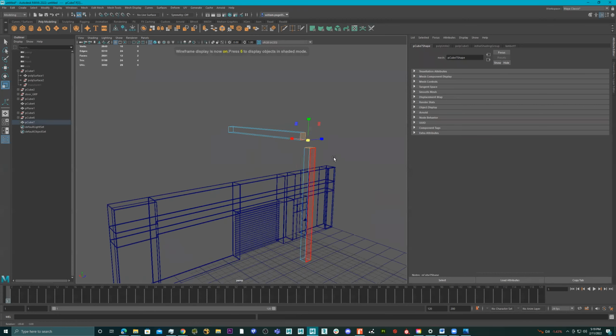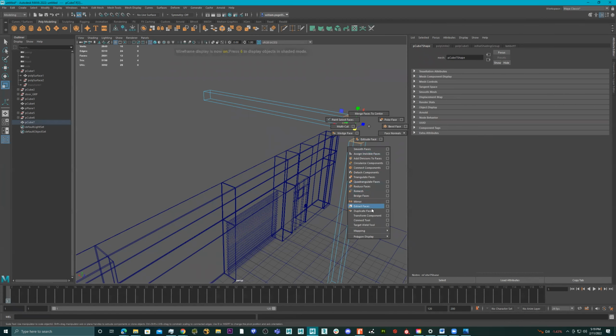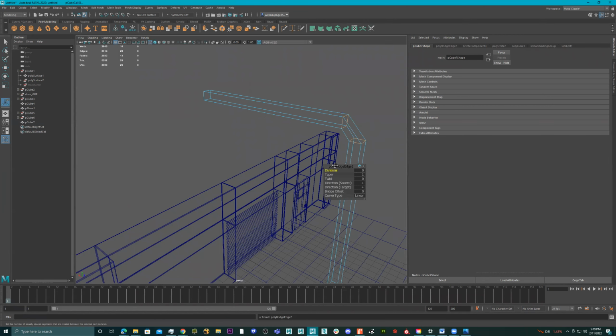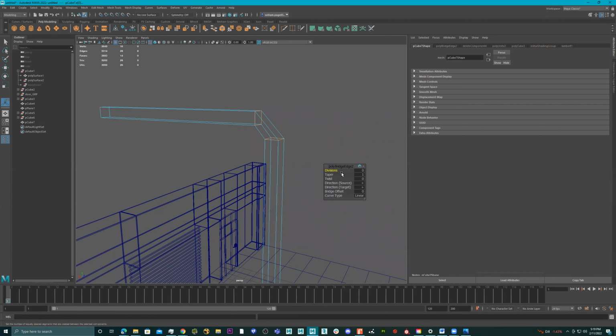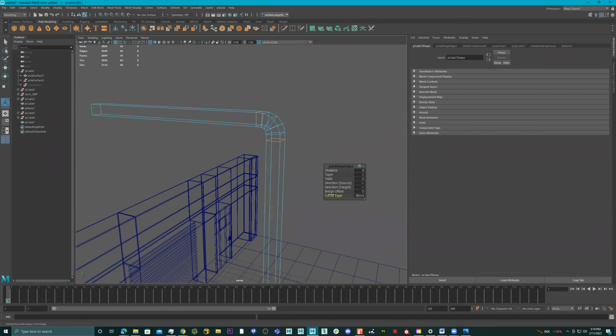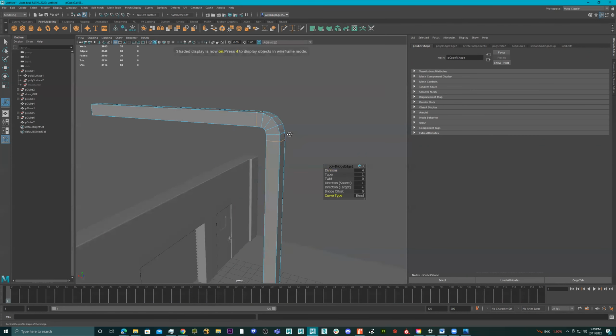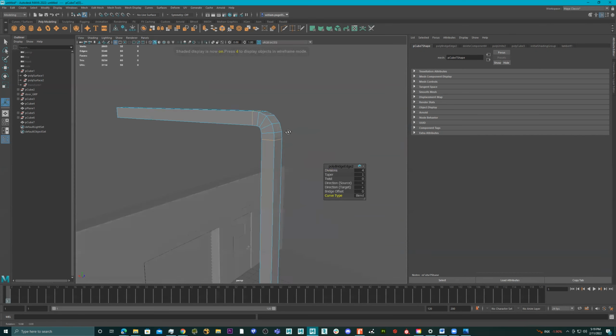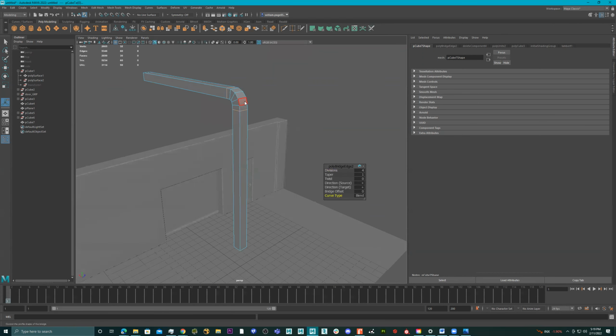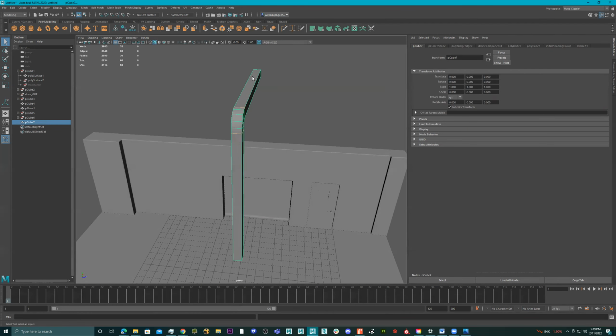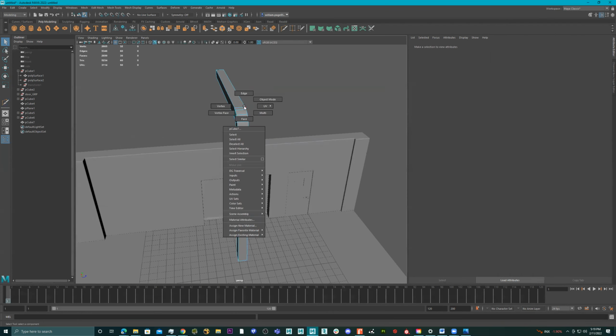If I press 4, I can see that. And then I do shift right click and do a, where's my bridge? Bridge. And I'll add in more divisions, and I'll go to curve type, and let's go to blend. Thought there was a bend, but I guess it's just blend. It's good to me. And now I'll go over here to my knife tool. No. I'll go to my